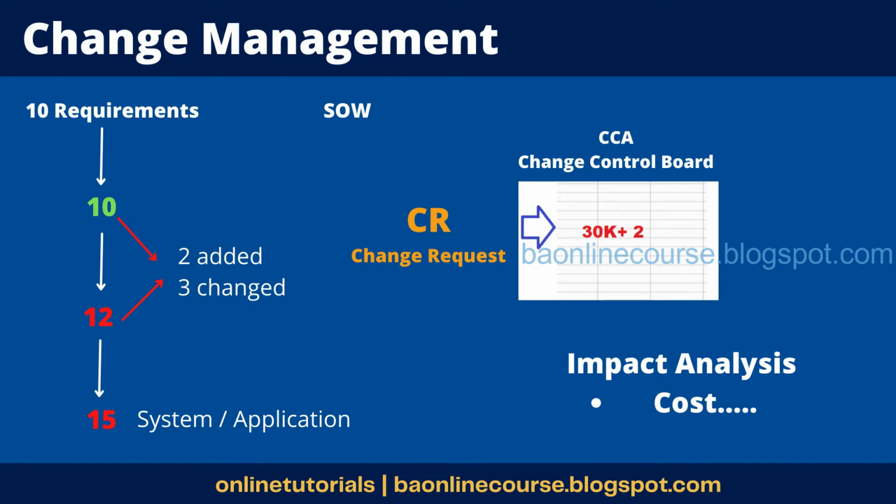Suppose after the SOW has been baselined and then we start preparing the BRD, but the BRD has not been signed off by the solution owner, and suppose at that time, before baselining the BRD, he feels there should be some change, where he wants to add or delete a requirement, then we don't need that change request thing, right? Then we have to accept it because it has not gone further as it has not been baselined, right? Yes, that would not be considered as a change request.